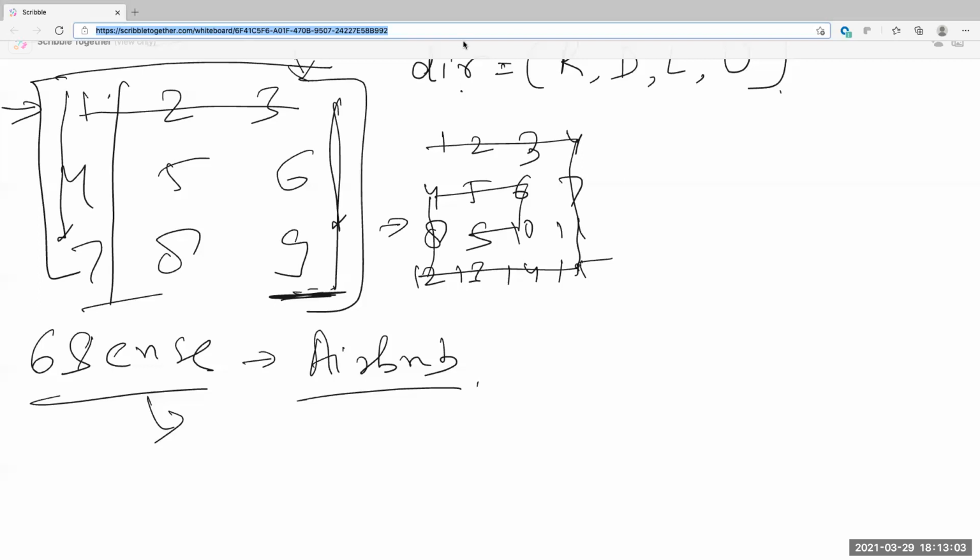What was your question again, David? The question is, if I start at 1, I potentially have 4 directions I can go: right, down, left, up. Given that I'm standing at 1, how do I figure out which way to walk? When you're at 1, you know that you're at the 0th element, the 0th index, 0th column, and that's the first element you will start processing in the matrix.